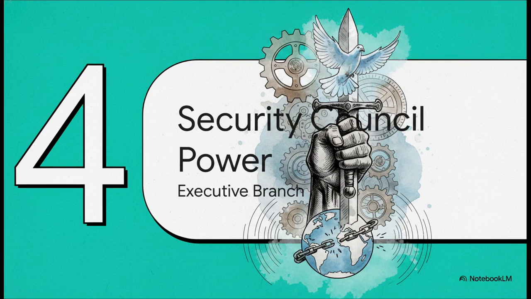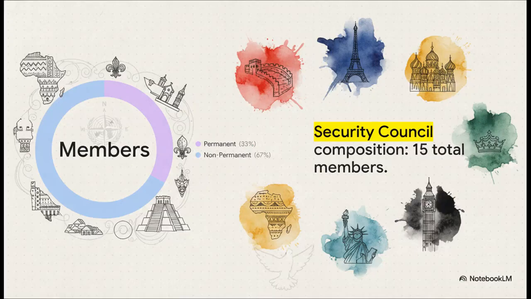Section 4. The Security Council's power, the world's executive branch. Let's break down that council. Out of the 15 total members, 10 of them are non-permanent. They get elected by the General Assembly for 2-year terms and are carefully balanced to represent places like Asia, Africa, Latin America, and Europe. But let's be real, the true muscle lies with the 5 permanent members: China, France, Russia,